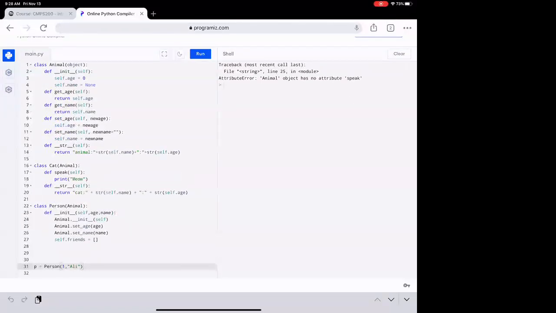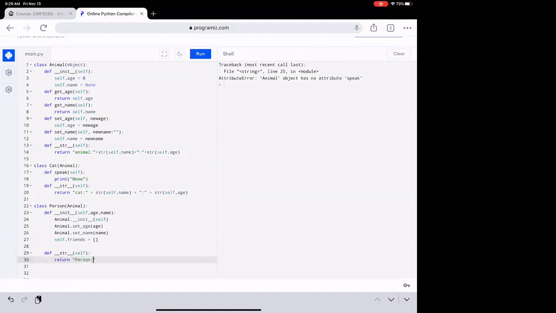Okay. Now, let's say I want to print the person. So how do I print a person? I say that this is a person, and this is his age, and this is his name. All I have to do is override the string method. I'm going to say the following: self, right? So it's an override of the print method, and I'm going to say return